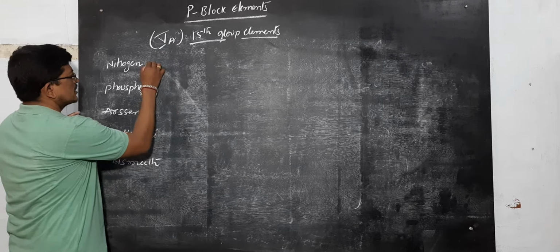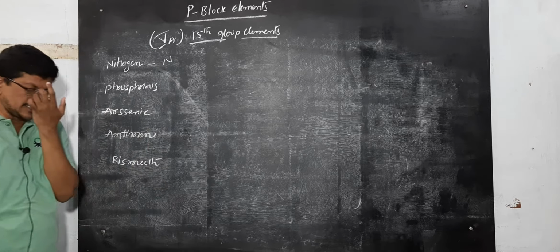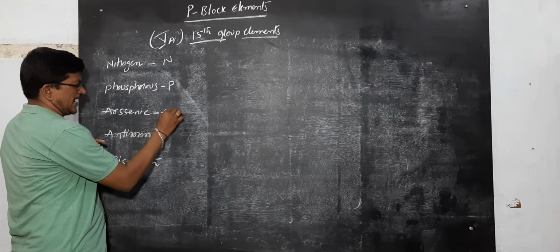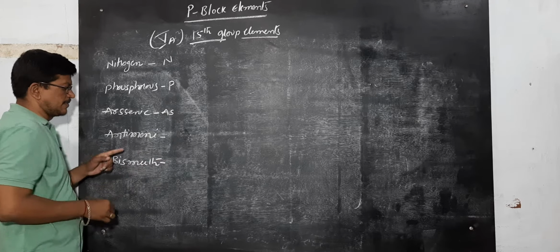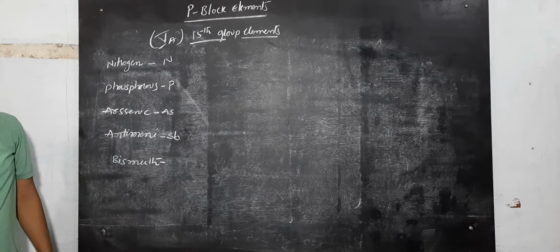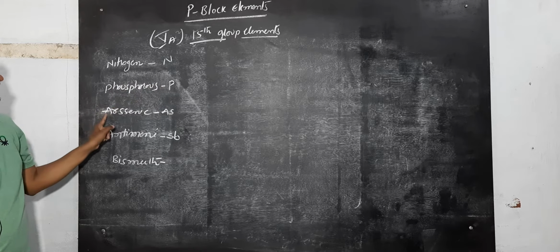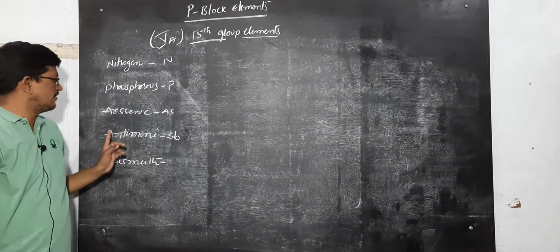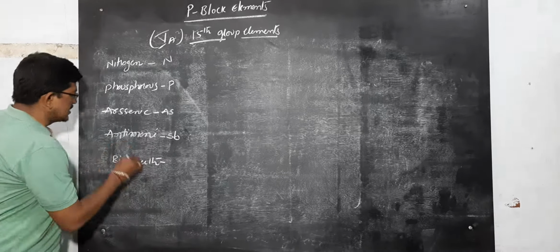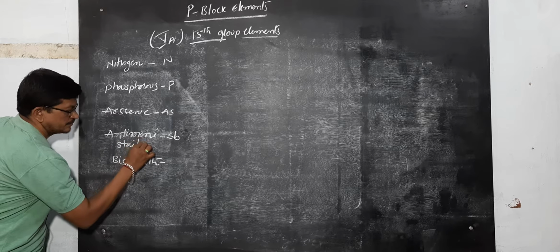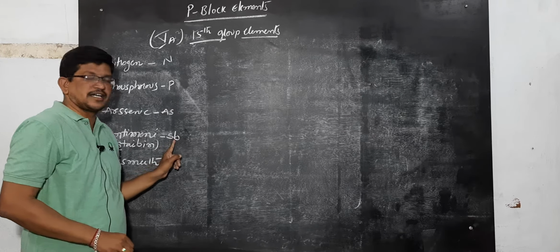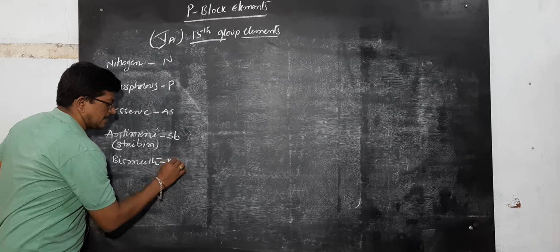So here nitrogen is generally indicated with the first letter, that is N. Phosphorus is indicated by P and arsenic is indicated by As. Antimony is indicated as Sb. Why, sir? We are taking the first letter here, so for arsenic we take As. Okay sir, why are we taking antimony as Sb? Because the antimony Latin name was stibium. Due to this Latin name stibium, antimony is indicated by Sb. Bismuth is indicated by Bi.